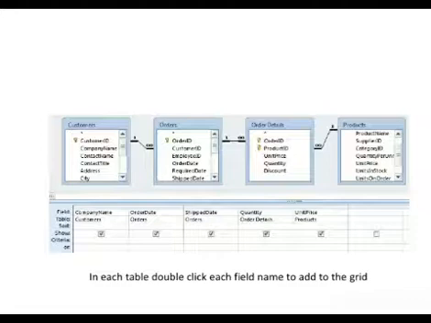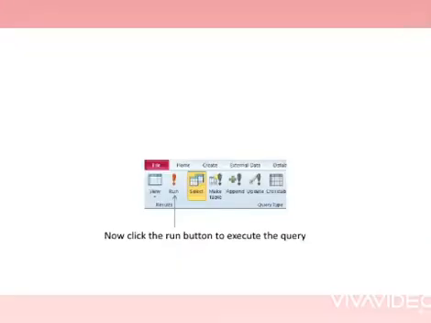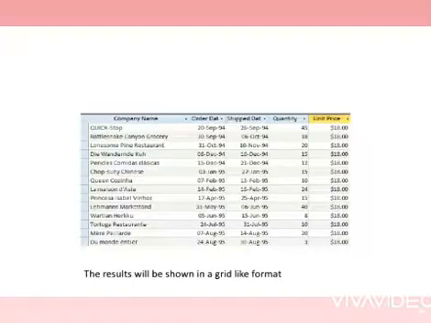Now you have to click upon the particular field that you want to add in the design grid given below. In the design grid shown below, you can see all the fields and their details. Then fix the criteria and click upon the Run button to execute the given query. You can find the selected or filtered records in a grid-like format, like shown in the picture.